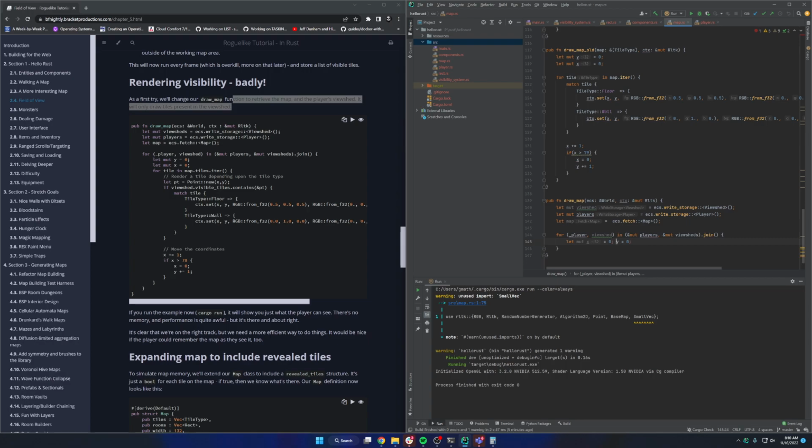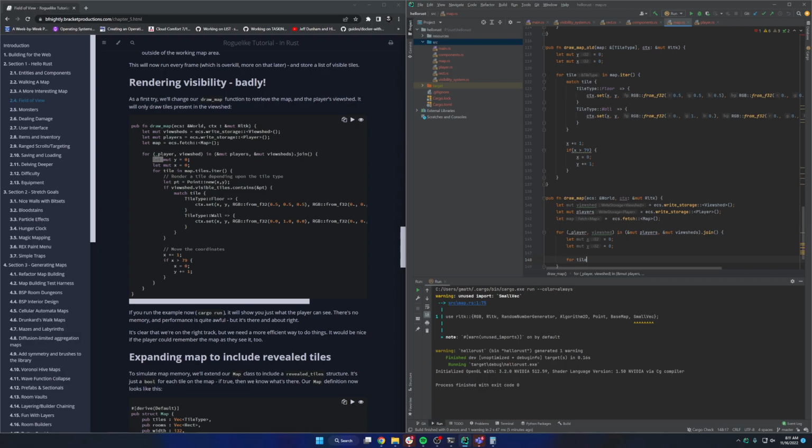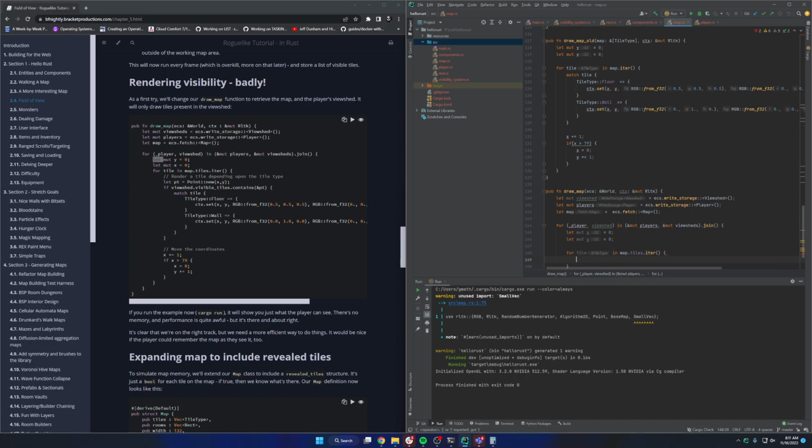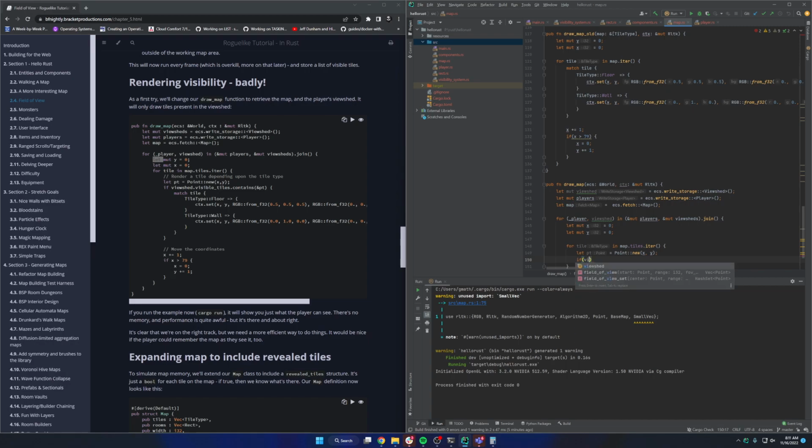No, it doesn't work like other languages would. It's weird that we have to let and mute, because let should be able to be mutable anyway. That's weird. Okay. For tile in map tiles dot iter, let pt equal point new x and y. If viewshed visible tile